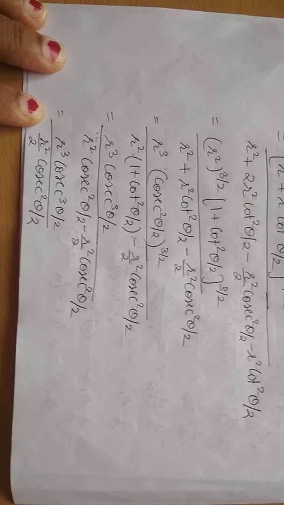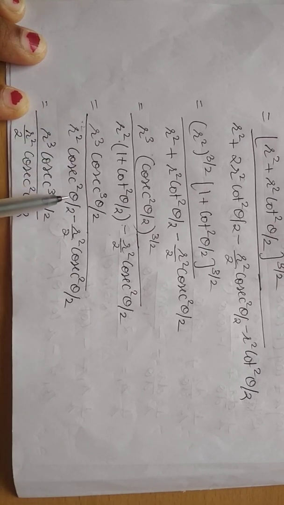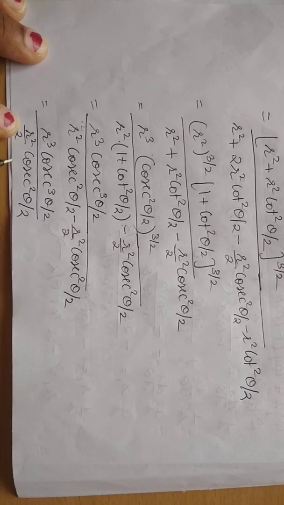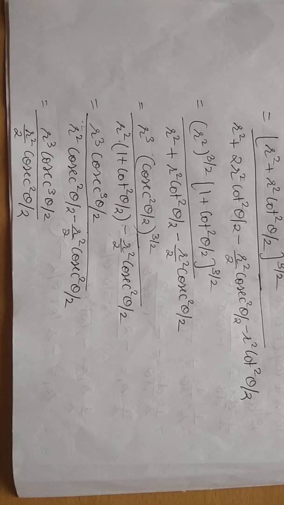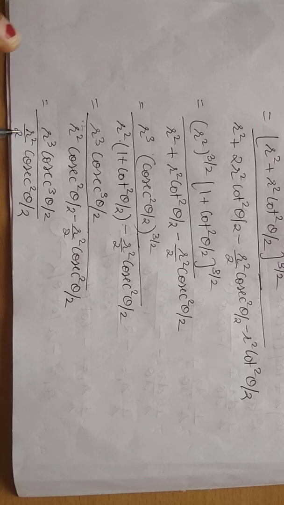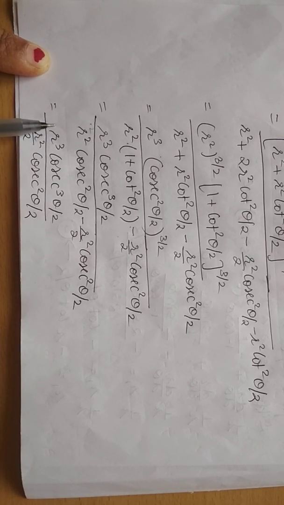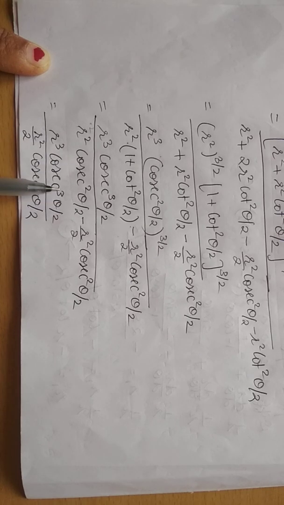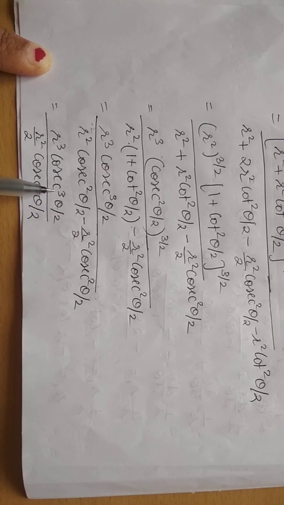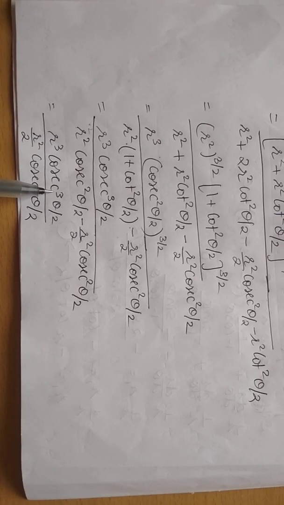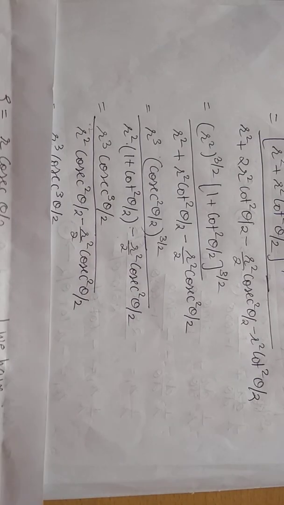In this step you can take r square cosec square theta by 2 common and solve it. You will remain with 1 by 2. When you multiply, you will get r square by 2 into cosec square theta by 2. After getting that, we now cancel out the terms, and this 2 from the denominator will come into the numerator. 2 of the r's will get cancelled, 2 of the cosecs will get cancelled. I am left with 2 cosec theta by 2, into r. So this is the solution I am getting here.